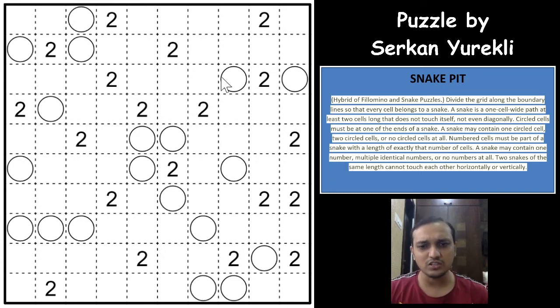So as you can see here, the theme of this puzzle is all the 2s. Not all the 2s are given, I would say, sorry, but the theme here is that, as you can see, the grid has all the 2s before solving, right? And with that, we'll start solving this puzzle.